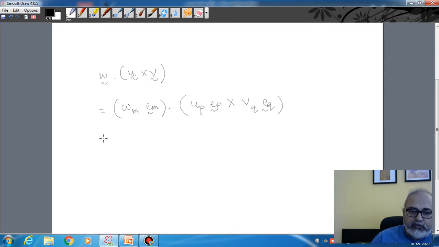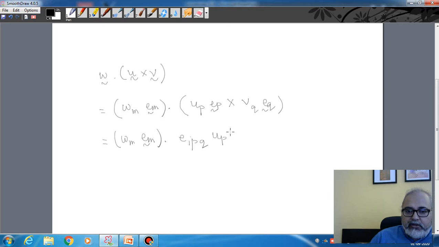So this is equal to WM EM remains dotted with. Now we have already worked this out, so the ith component of this vector will be EIPQ